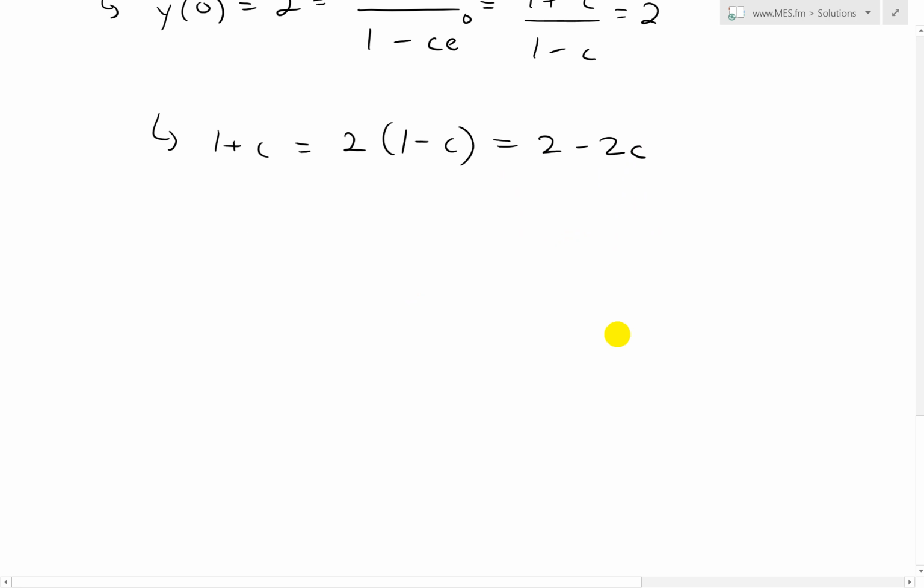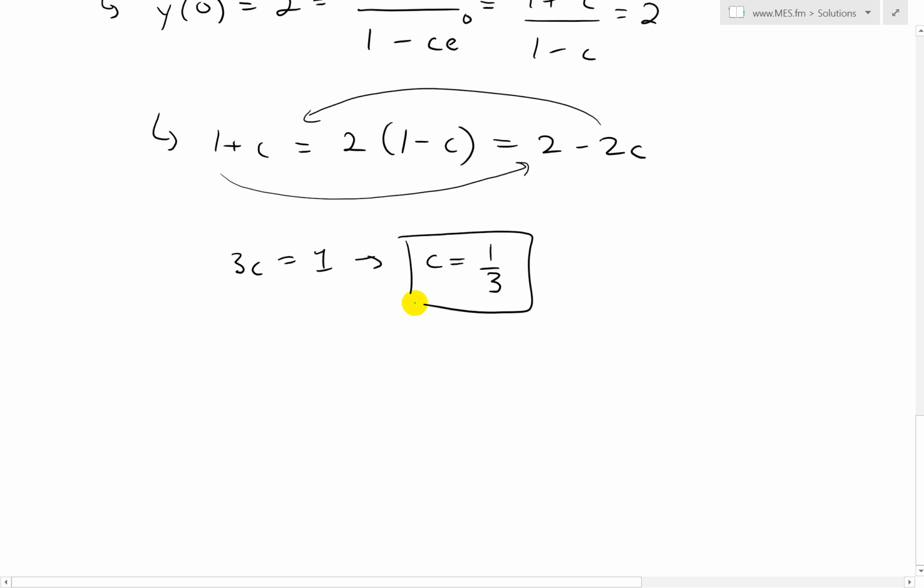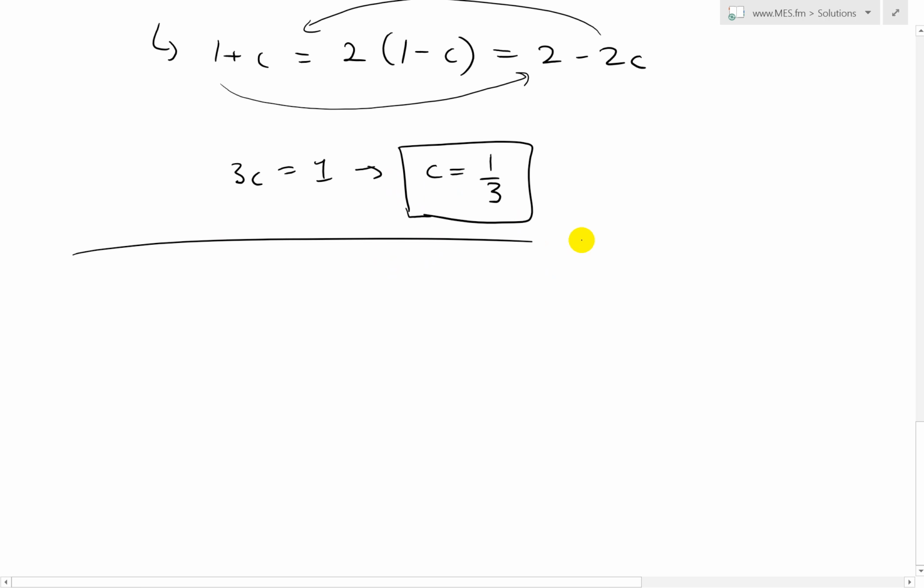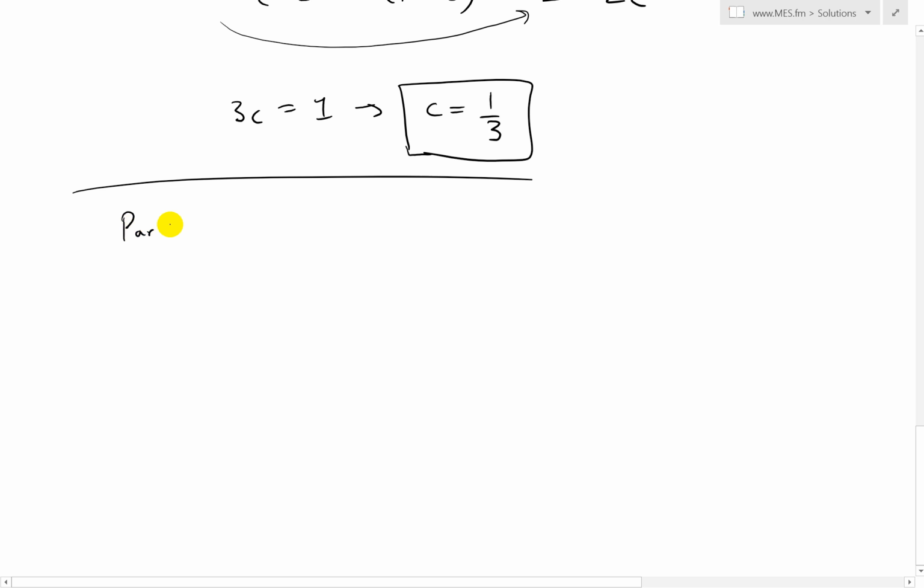Now I'll move all the c's over to one side and all the non-c's to the other side. To do that, we add 2c on this side and add 2c on the other side. So we get 3c is equal to, and subtracting 1, we get 1. Rearranging, c is equal to 1 over 3. This means our particular solution, the solution to the initial value problem that we wanted,